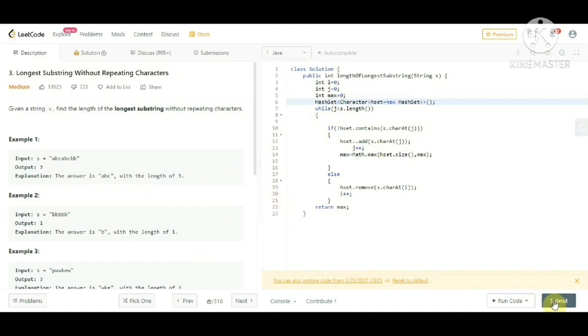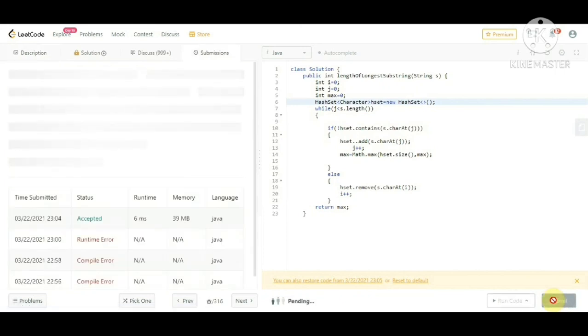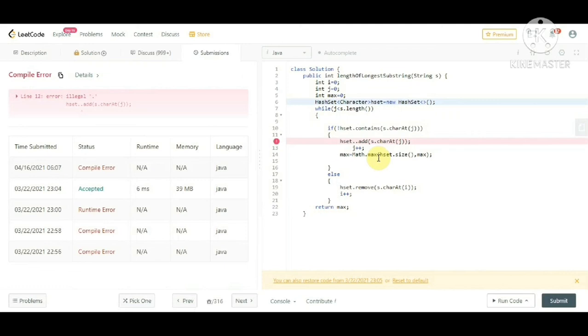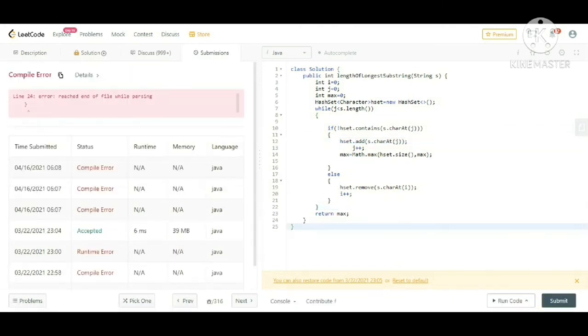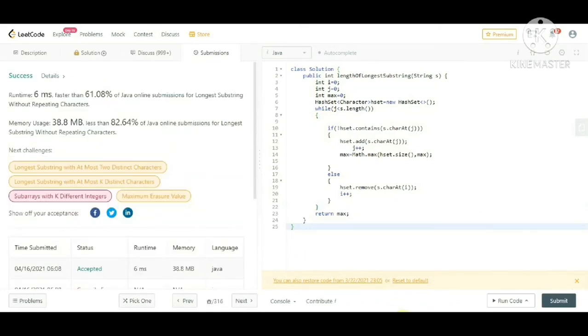Let me submit this code and check if it's done or not. Oops, we have an error. Oh, my bad. Just bear with me. Here also. So yeah, it is successfully submitted. So that's it for